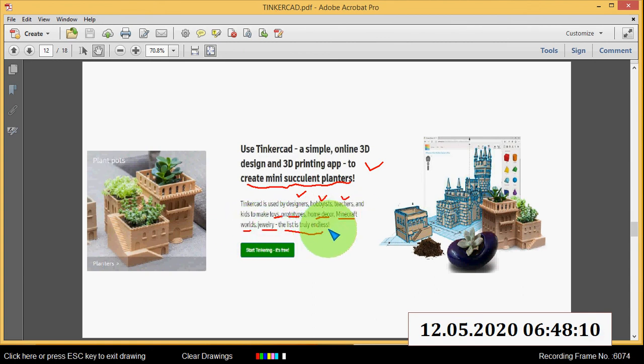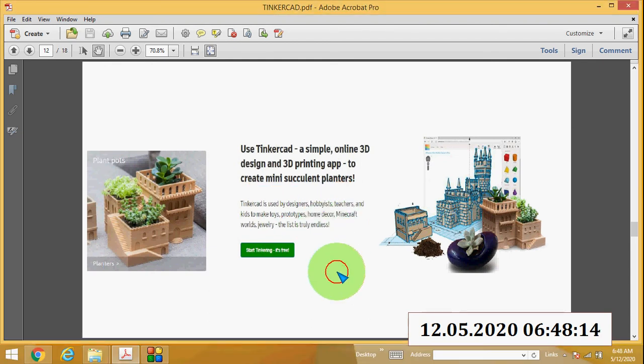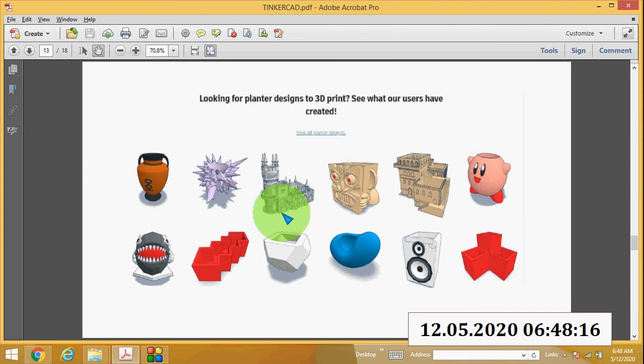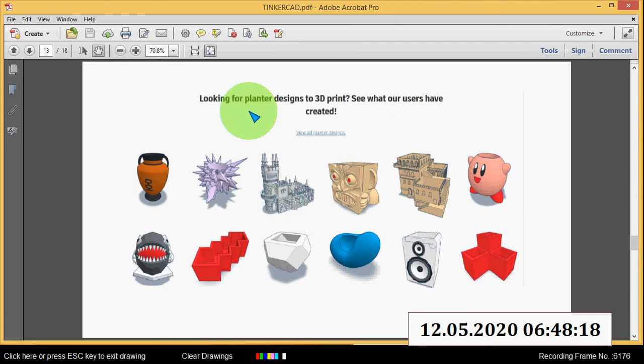The list is actually truly endless. Here are some examples of planter designs to 3D print.